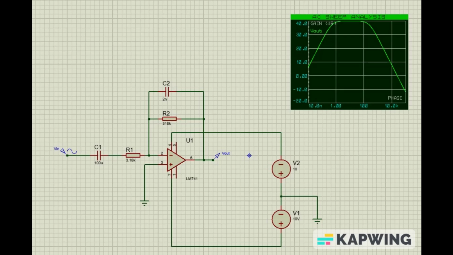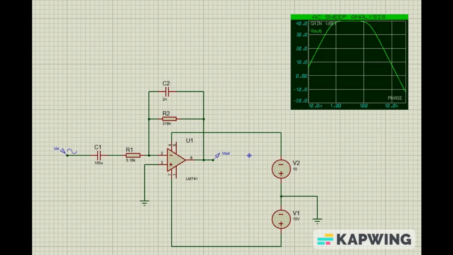So how does the band-pass filter work? In the circuit, we have chosen two resistors and two capacitors to filter out unwanted frequencies. The values are chosen so that the filter only allows signals within the desired frequency range to pass through, while also amplifying the signals by a factor of R2 divided by R1. So in this specific circuit, we have chosen R1 to be 3.18 k ohm and R2 to be